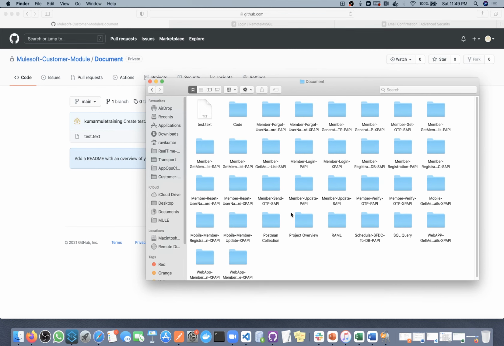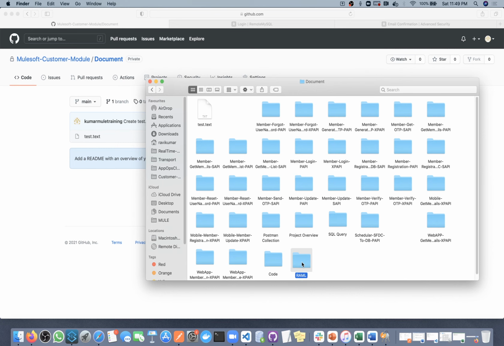So whatever I do from today, this is our code folder. Here I will keep all the code, and here I will keep all the RAMLs. This code and RAML will come outside. The SQL query will also come outside. Inside the document folder we can keep SQL queries.